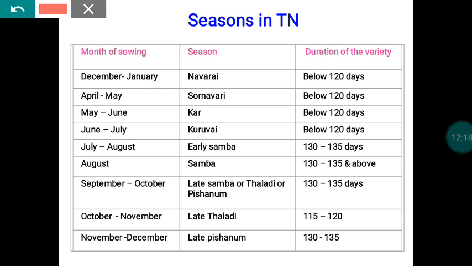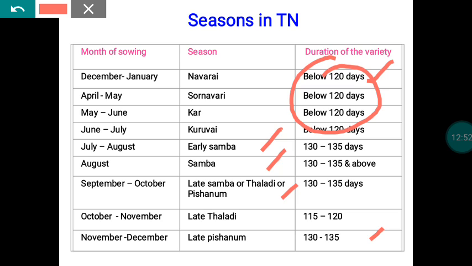During that season, we can cultivate rice varieties with a duration of 120 days, so less than 120 days. Similarly, Sornavari, Kar and Kuruvai, in all these seasons we can cultivate only short duration varieties. And in the months of July, August, that is the early samba season, then samba season, and late samba and late pisanam. In these, water availability will be